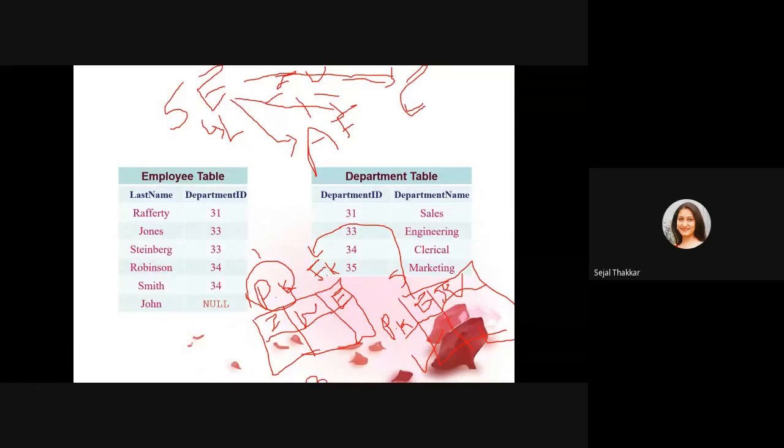So primary key is unique and not null worldwide. Foreign key is used to show the relationship between two tables. If I'm telling that the student table is the master table, then that becomes a detail table. If I'm taking the student table as a parent table, all these will become child tables, right? So foreign key will show the relationship between two tables. It is used to establish the relationship between two tables.